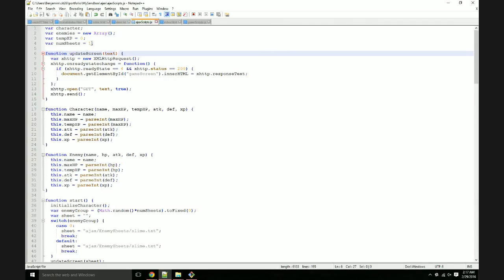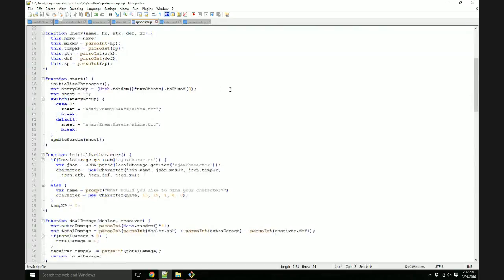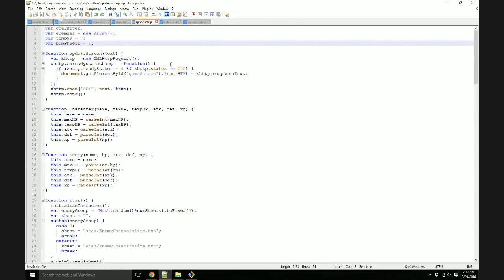I've got my number of sheets up here, and then when it starts, it says var enemyGroup equals Math.random times the number of sheets to give me a random number, and it's a switch statement to switch between which text file I'm using. So that's all done through the magic of AJAX, which for anyone who's not sure of